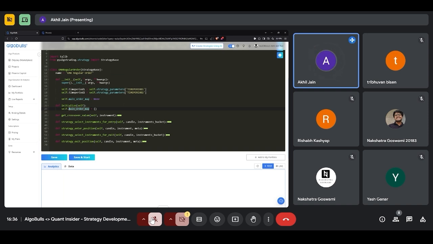So in a delivery strategy, as soon as the day starts, I want to pick up all the instruments in the broking account, and I want to convert them into main orders. That is going to happen in exit because those orders are already present. That is how it makes sense, as if we have already placed those orders.